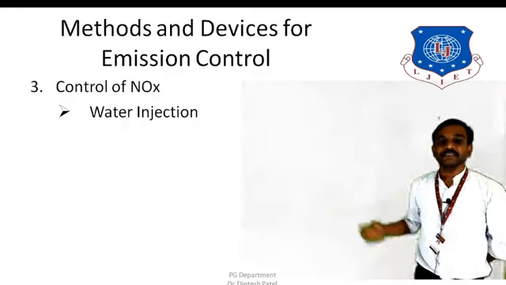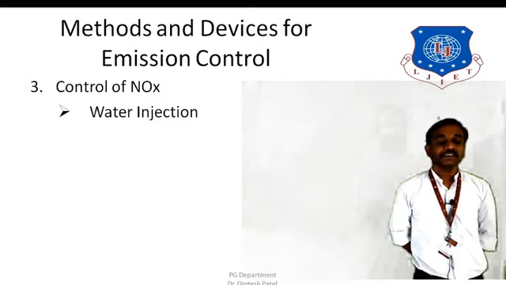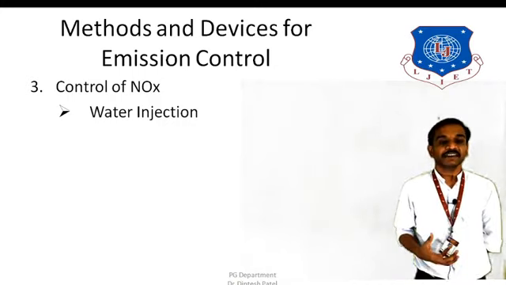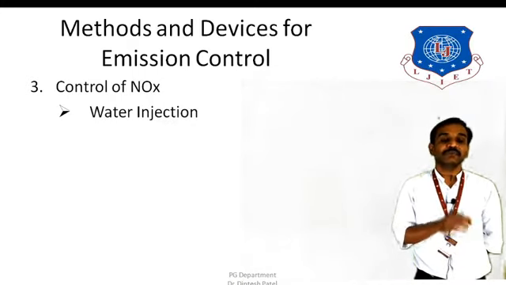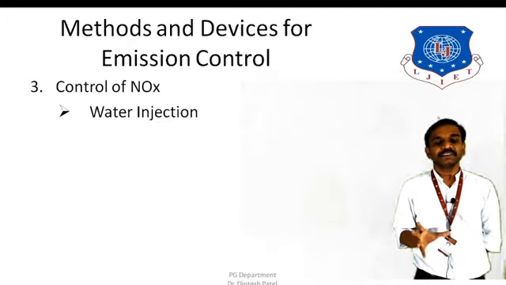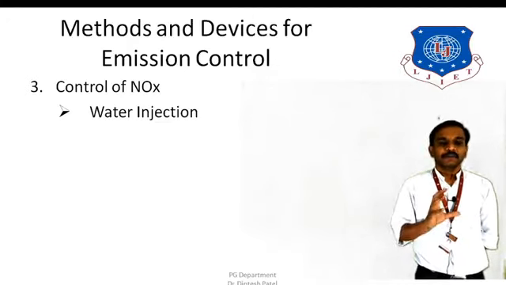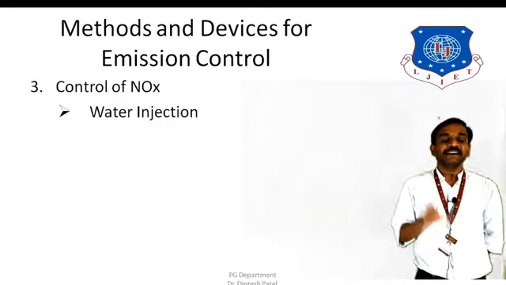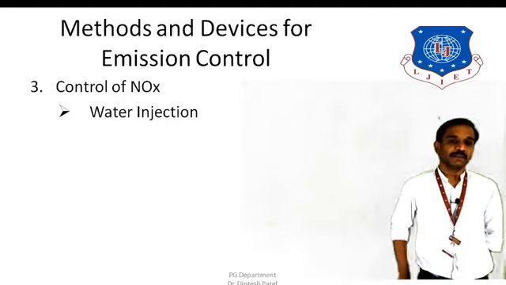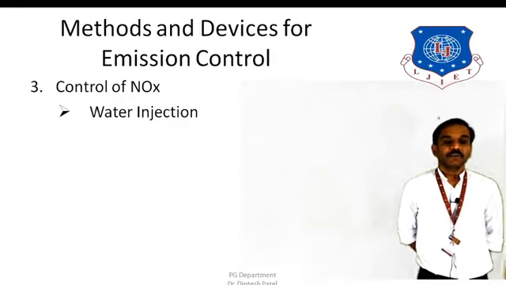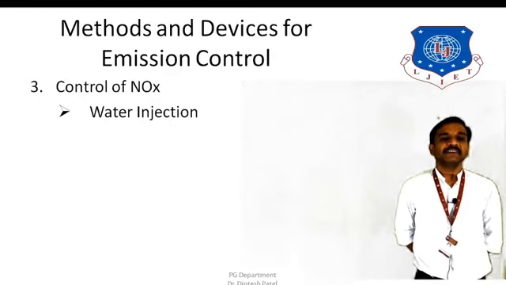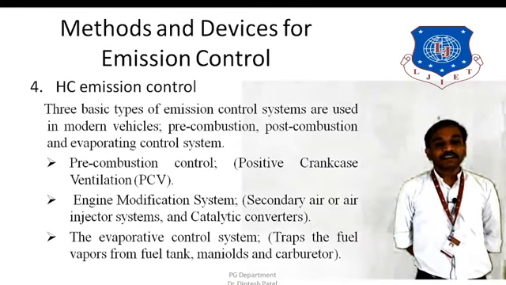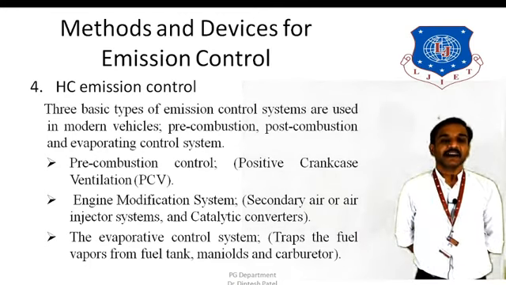engine. Then after, water injection. Water injection is another method to reduce the NOx emission. In the water injection system, the water is injected into the intake manifold. Basically its ratio is between 10 to 30% to the air fuel mixture, and it is injected into the intake manifold before it enters the combustion chamber. So this is how we can reduce the overall or average temperature of the engine, and we can reduce the NOx emissions. Then after, there are a few other methods which can control the HC, hydrocarbon emissions.